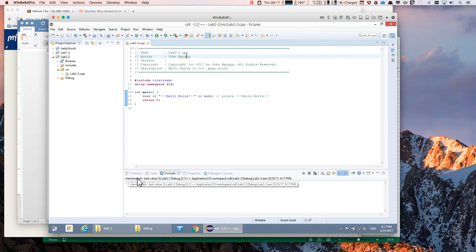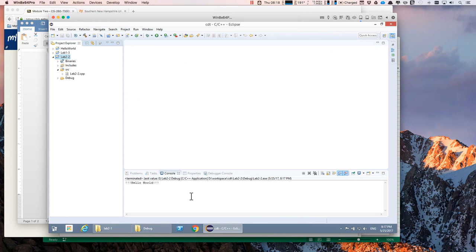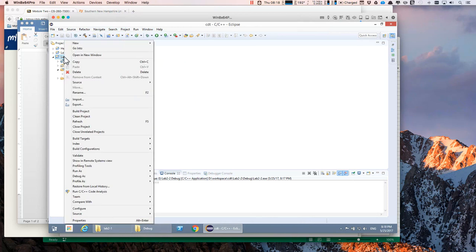And notice it says terminated right here. So that means the program ran and it's finished, no longer running. And all it does is output to the console hello world with exclamations around it. So that shows me that we've got a properly configured project, and we're ready to go. So the next thing we want to do is, after you've set up this empty project,